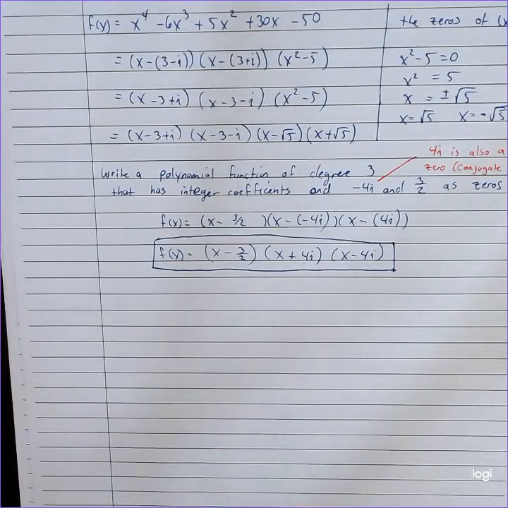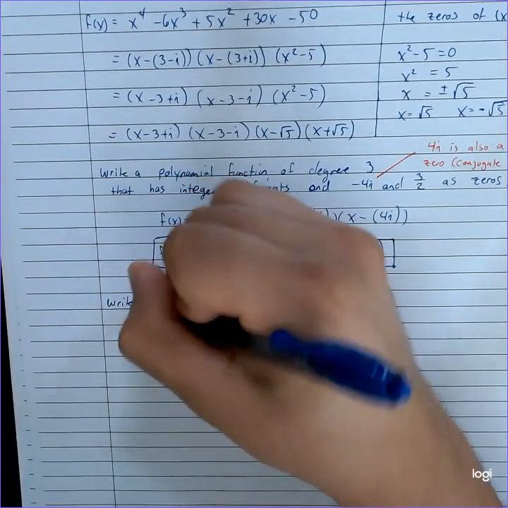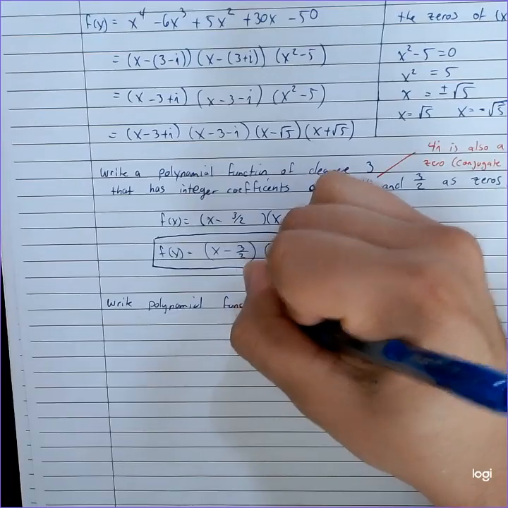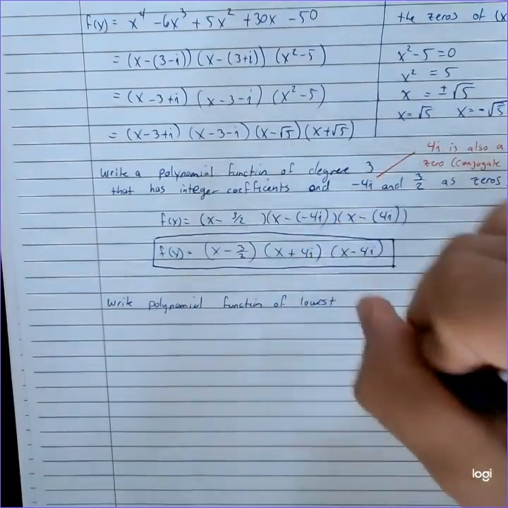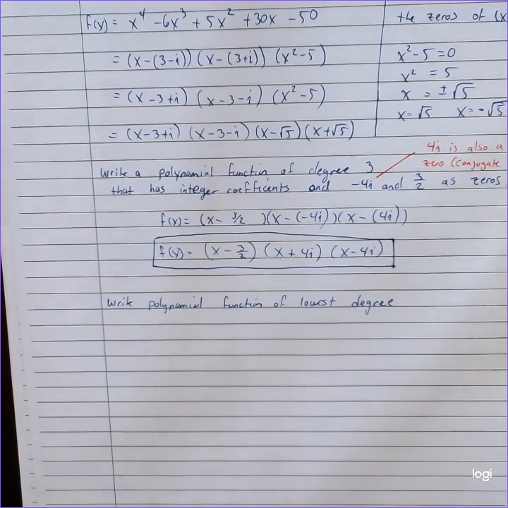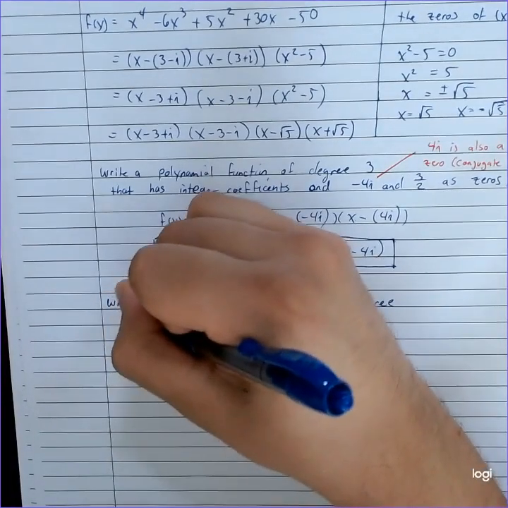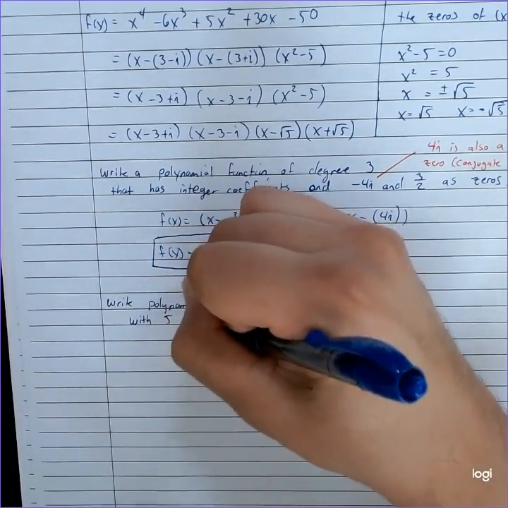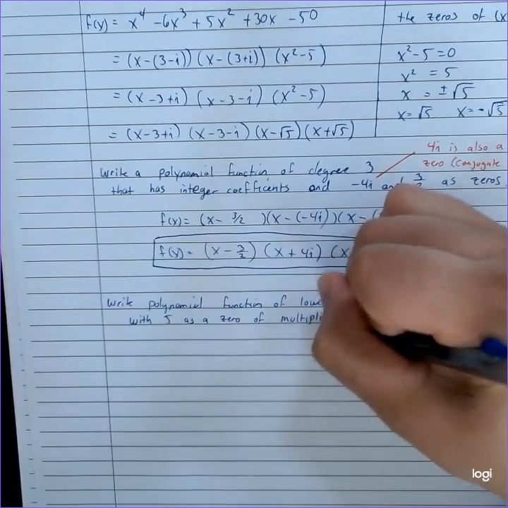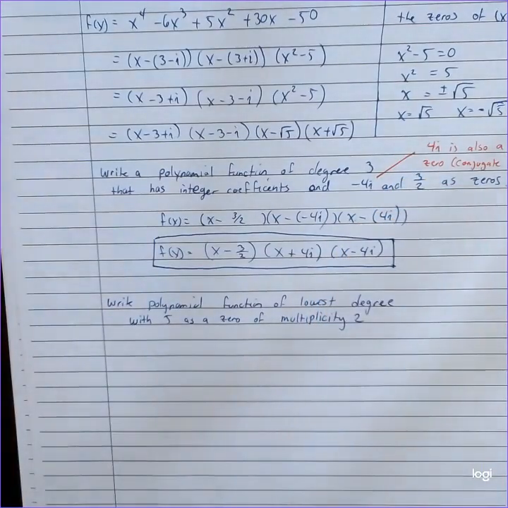This one says we're going to find a polynomial function of lowest degree that has zeros 5, with 5 as a 0 of multiplicity 2, negative 3 is a 0 of multiplicity 2,